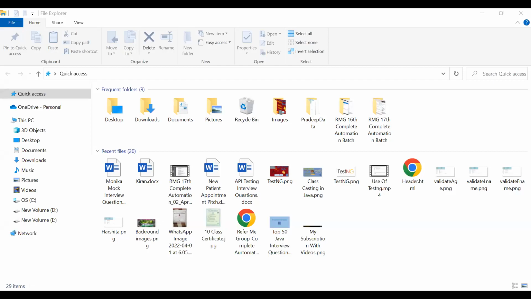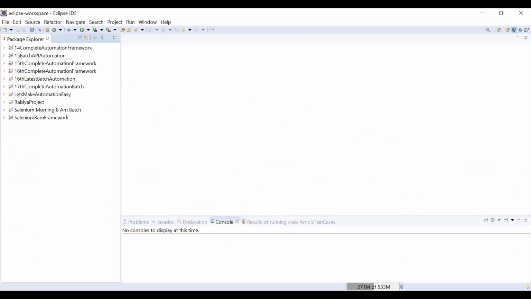Okay. So the thing is that, as I discussed in the previous demo session, your Java JDK should be installed on your machine, and then your Eclipse should be there. If any one of you has any doubt in that, you can contact me and I will help you. Okay. So today I'm going to start with the first topic, that is Java project,